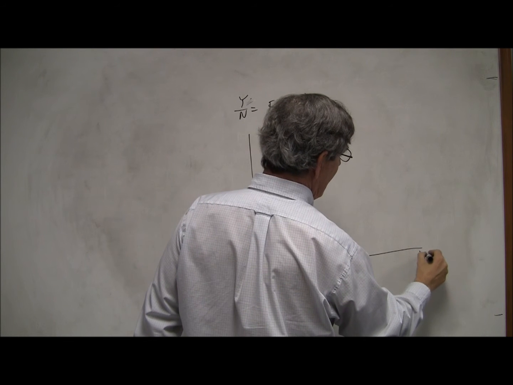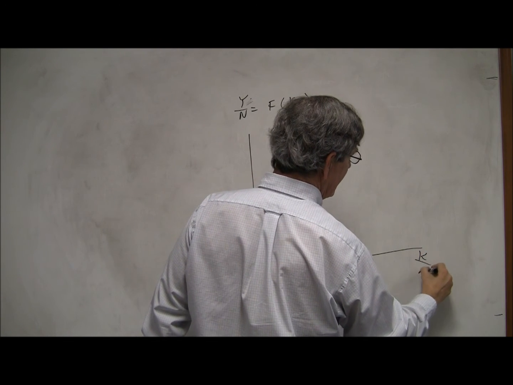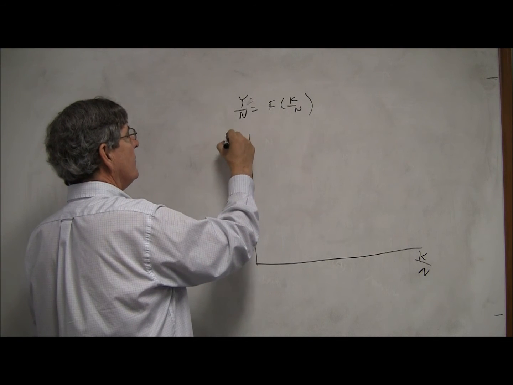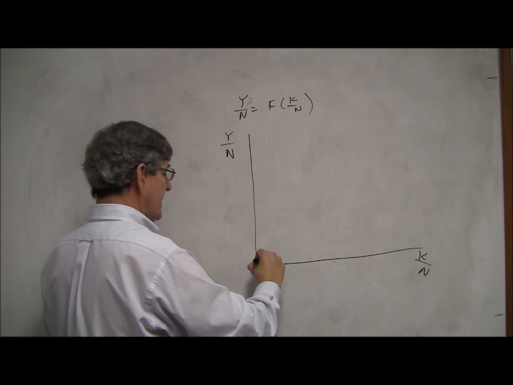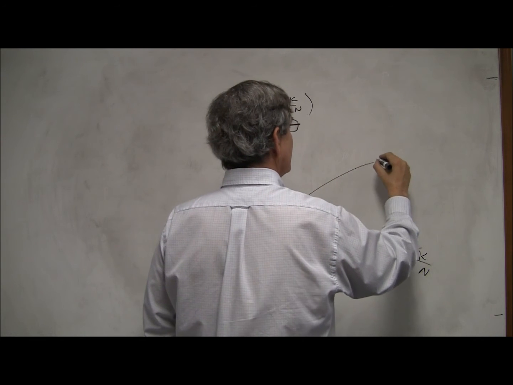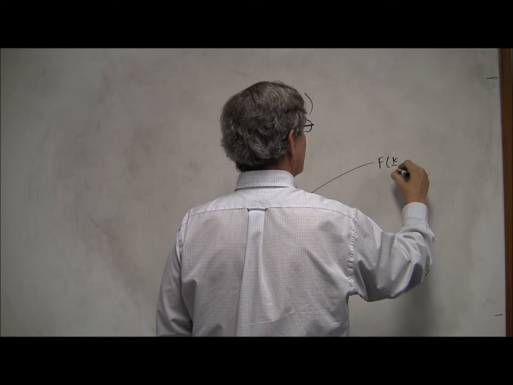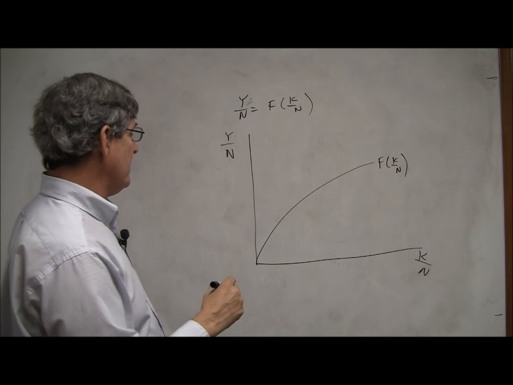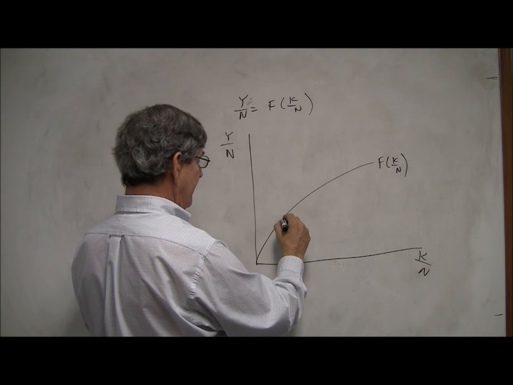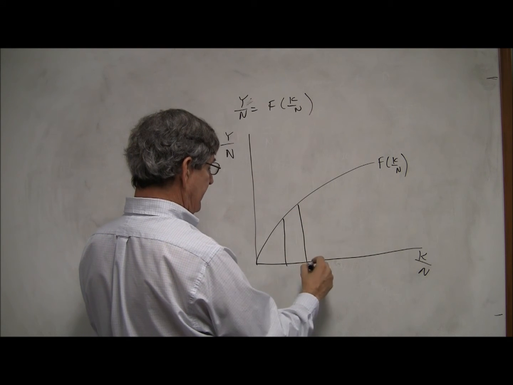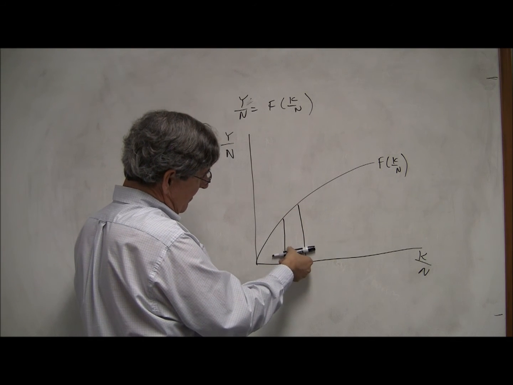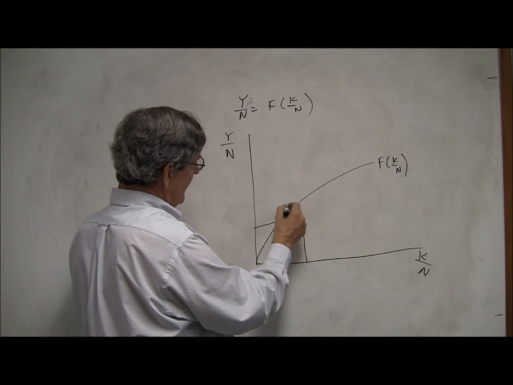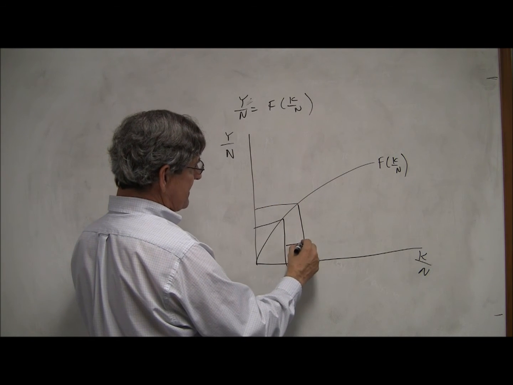If I put k over n, capital per person, on that axis, and output per person on this axis, it's shaped like this. This is f of k over n. And what this shape shows us is diminishing marginal productivity. If this goes up by, say, the amount of the black part of the pen, if I increase k over n by this amount,